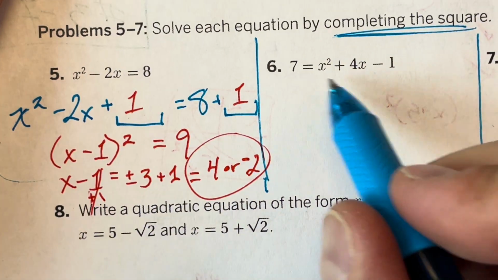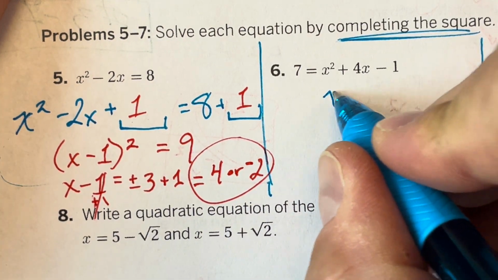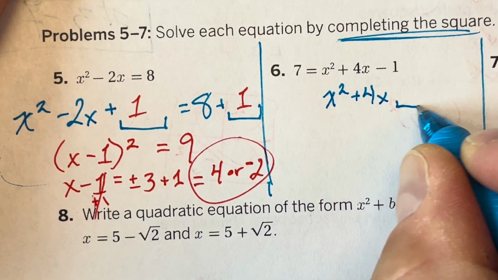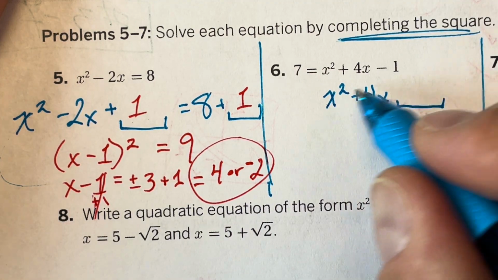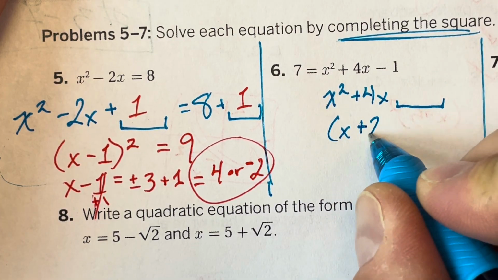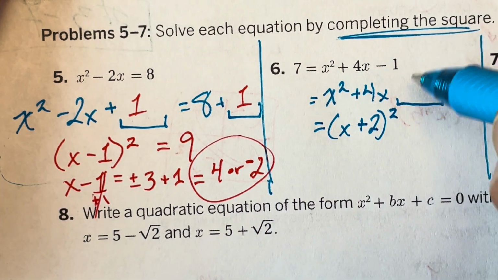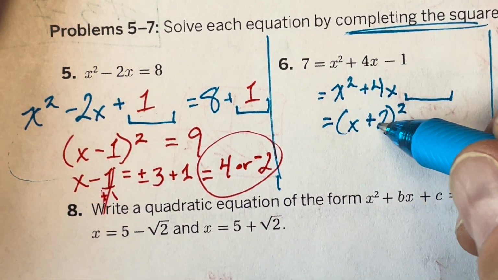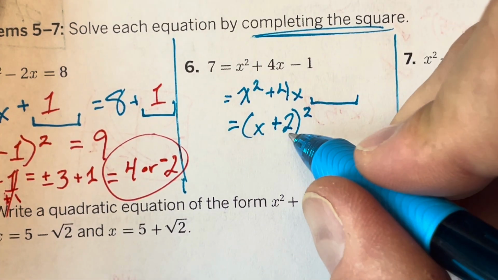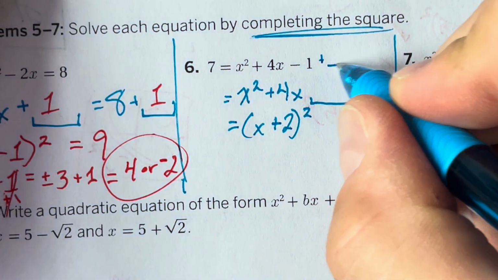All right, solving this by completing the square. Okay, well, I know that for this x squared and the 4x, I need a number here that completes the square, so that if I wrote this as x, now look at this, this would be a +2 squared, okay? All right, I'm not touching the other side yet. What number would have to be here so that I could factor this entire thing out like this? Well, 2 times 2 would be 4. This would have to be a 4, but there's a -1. So it's really like I'm adding 4